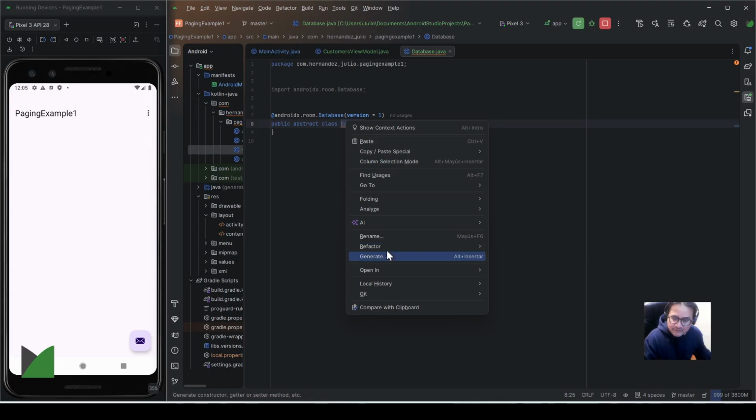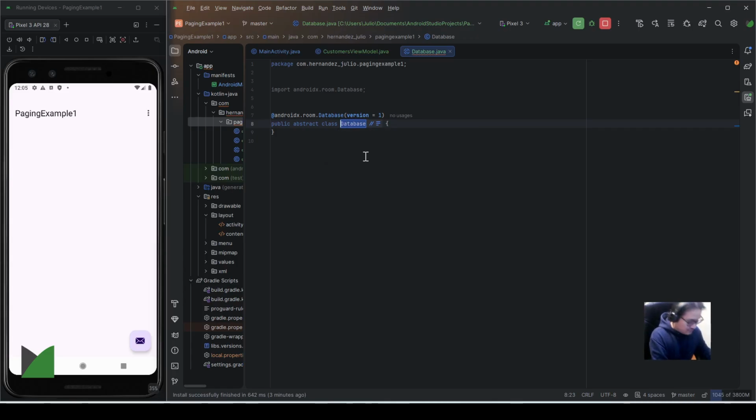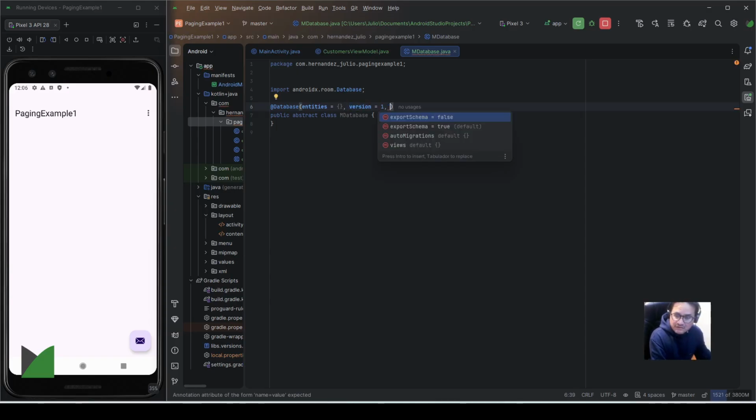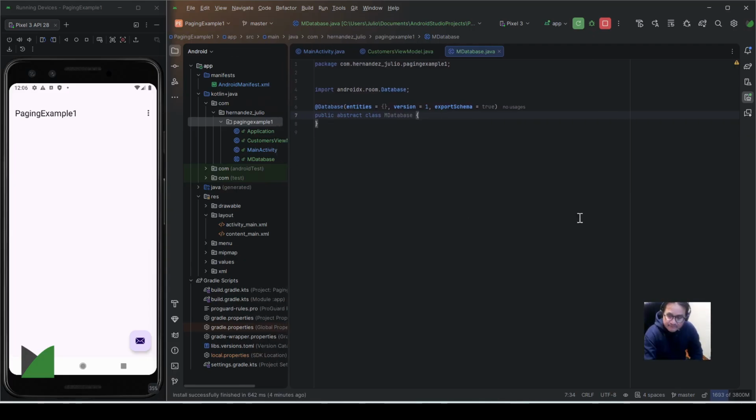So here, refactor and rename. This is M database. So I think now I can import this annotation. There it is, and now I need entities, and I think this is set by default, but I like to have all of this defined here explicitly. So export schema, this is true. So now I can